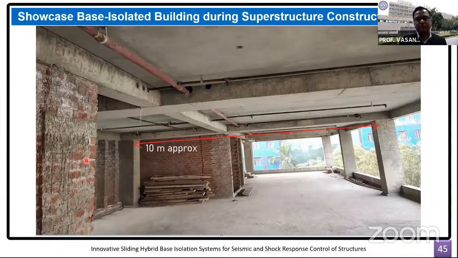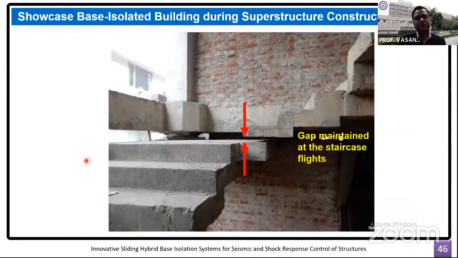Again, today's participants in the morning session as well as in this session have asked a question about the cost effectiveness. So we have conducted a cost effectiveness study on the reduction in the member sizes and the steel requirement in the superstructure, and we have compared it with the case had this structure been built with a fixed base condition. I will show that comparison once I reach there. But what I'm trying to highlight here is the thin member sizes that we have been able to achieve by incorporating the double pendulum isolation system in this project.